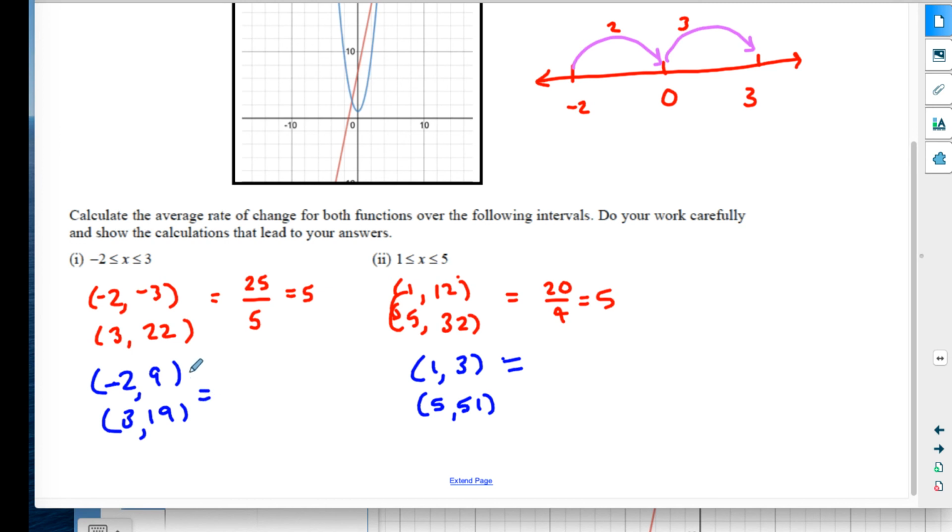Again, doing my slope very quickly. From 9 to 19 is a distance of 10. From -2 to 3 is 5. So its slope is 2. From 3 to 51, wow, that's 48. And from 1 to 5 is 4. So that's 12. And we can see that a quadratic will have different rates of change, different slopes, depending on